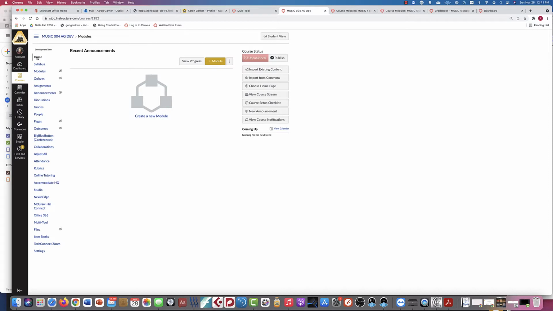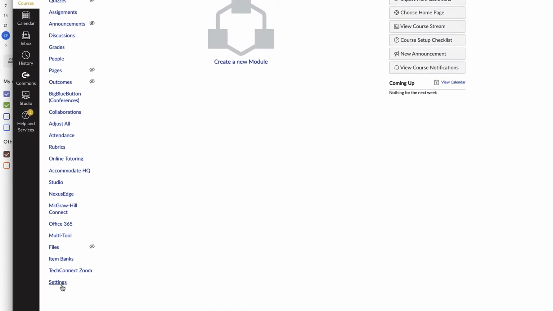My name is Aaron Garner, and in this video I'm going to look at the multi-tool. This is a really great tool that allows you to do a lot of things, but the most important thing is that it will enable you to build out a course really quickly, just the basic outline of your course. You can get an entire course done probably in less than half an hour if you know what you're doing. But before we can use the multi-tool, we need to make sure that it's visible because it's not